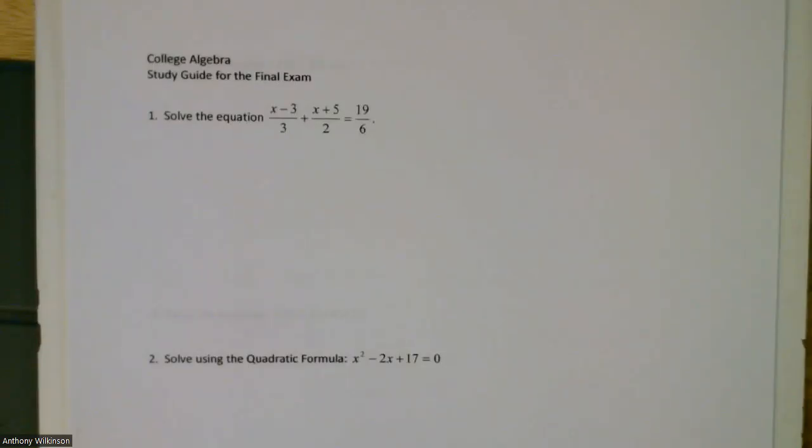All right, in this video, we're going to go over the study guide for the final exam, and there are going to be two videos for this. The first part would be problems 1 through 15, and then part 2 would be problems 16 through 30, okay? So what you'll see here is similar to what will be on the actual final exam for my college algebra